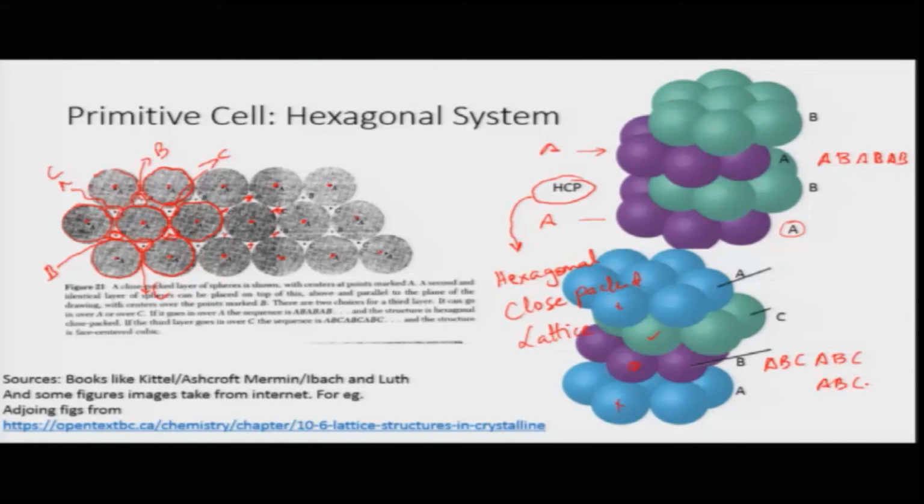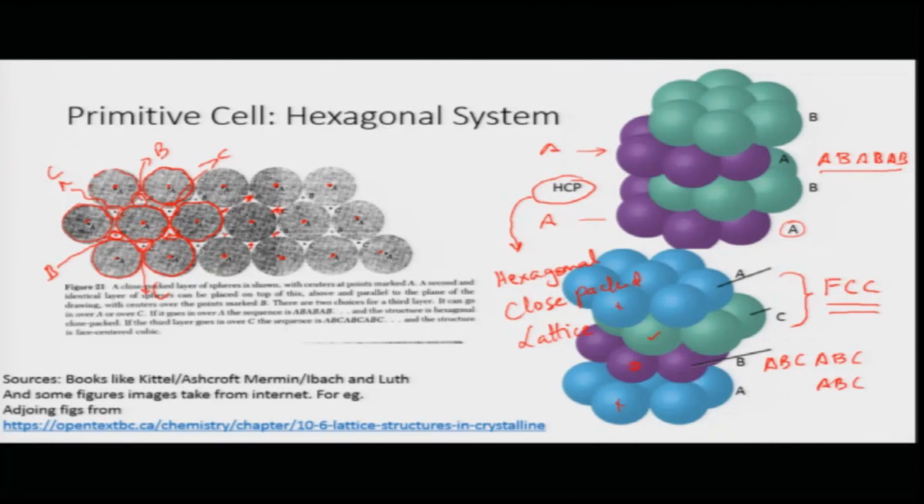I can put these balls one on top of each other and I can create a different type of stacking of these lattice points, and this sort of stacking actually leads, very surprisingly, to the FCC lattice. So, the FCC lattice has ABC, ABC, ABC stacking. If you stack these points which are shown here in this ABC, ABC, ABC configuration, you will land up with an FCC lattice. But if you do AB, AB, AB stacking with these balls, you will get an HCP lattice.